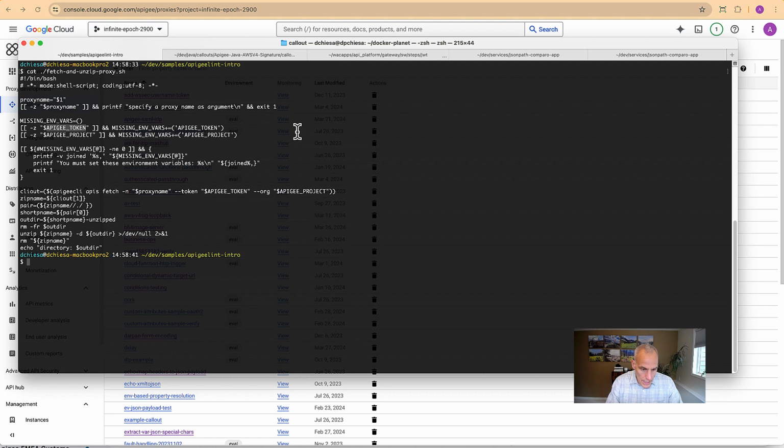So I'm going to do that. Let's see. Export Apigee token. And where do I get a token? That's going to be gcloud auth print access token. That's my own access token for Google Cloud. My project is